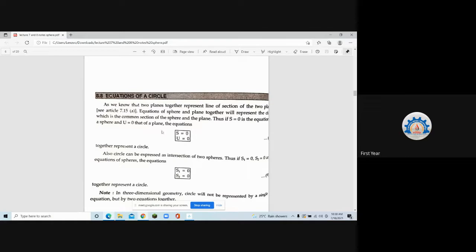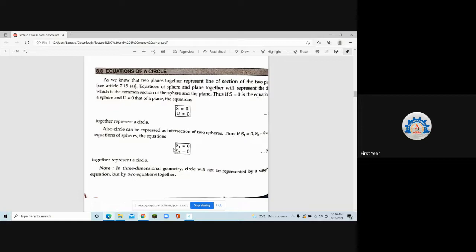Okay, now the way it is written is this. Equation of a circle in 3D is written as either sphere equal to 0 and plane U equal to 0, or sphere equal to 0 comma sphere equal to 0. The way we wrote the equation of a line, I told you in the previous lecture, if I have two planes, then the intersection of two planes will give you a line. So how do we represent that line? Equation of the first plane comma equation of the second plane. So here also, sphere equal to 0 comma plane equal to 0, their intersection gives you a circle. So the equation of a circle in 3D is this, or the intersection of two spheres, which is written like this. Clear?